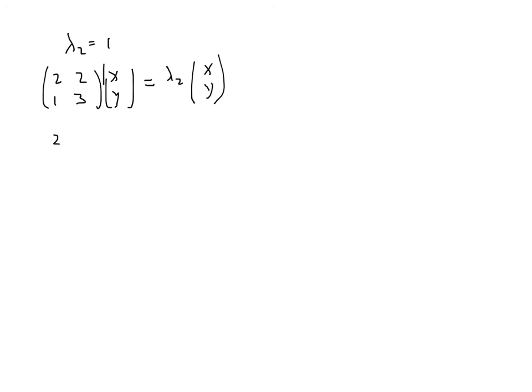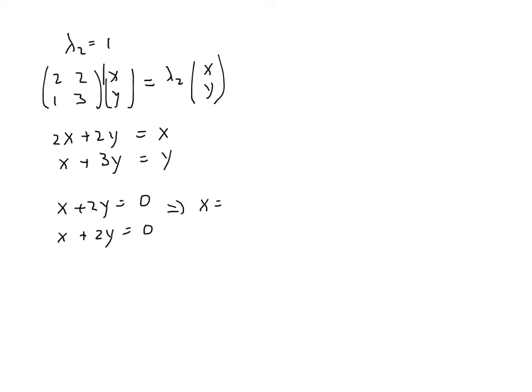Multiplying out, I have a 2x plus a 2y. I have a x plus a 3y. And on the right-hand side, I have a 1 times an x, so just an x, and a 1 times a y, just a y. These clean up as x plus 2y equals 0, and x, in this case they're clearly redundant, plus 2y equals 0. Both of these are saying that x is equal to negative